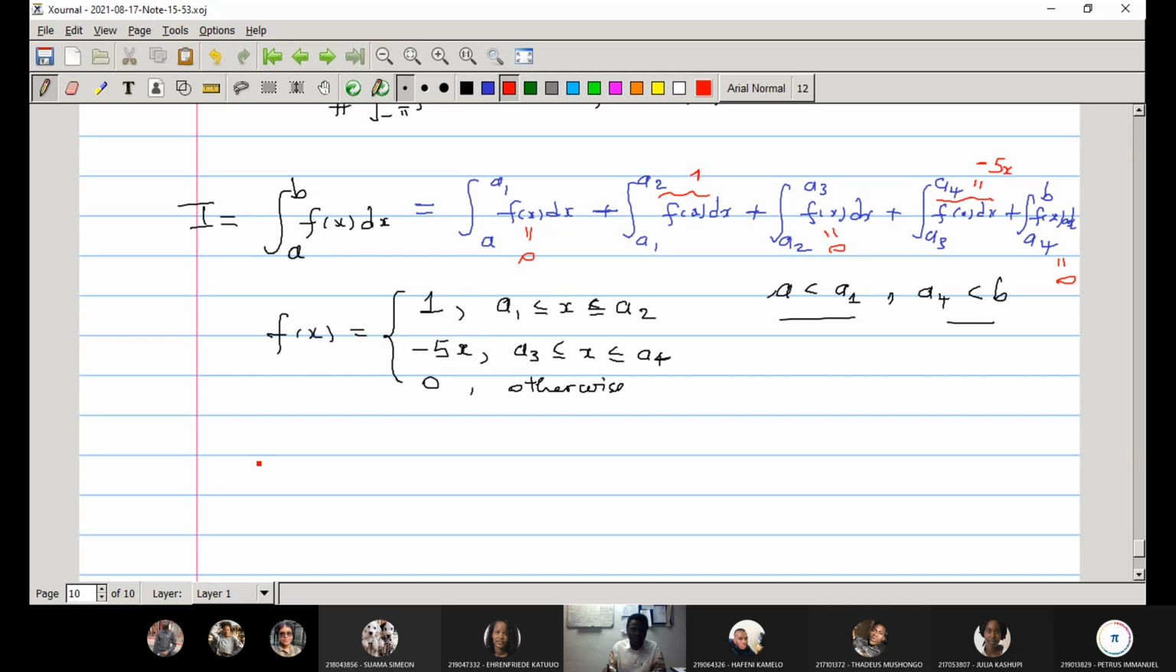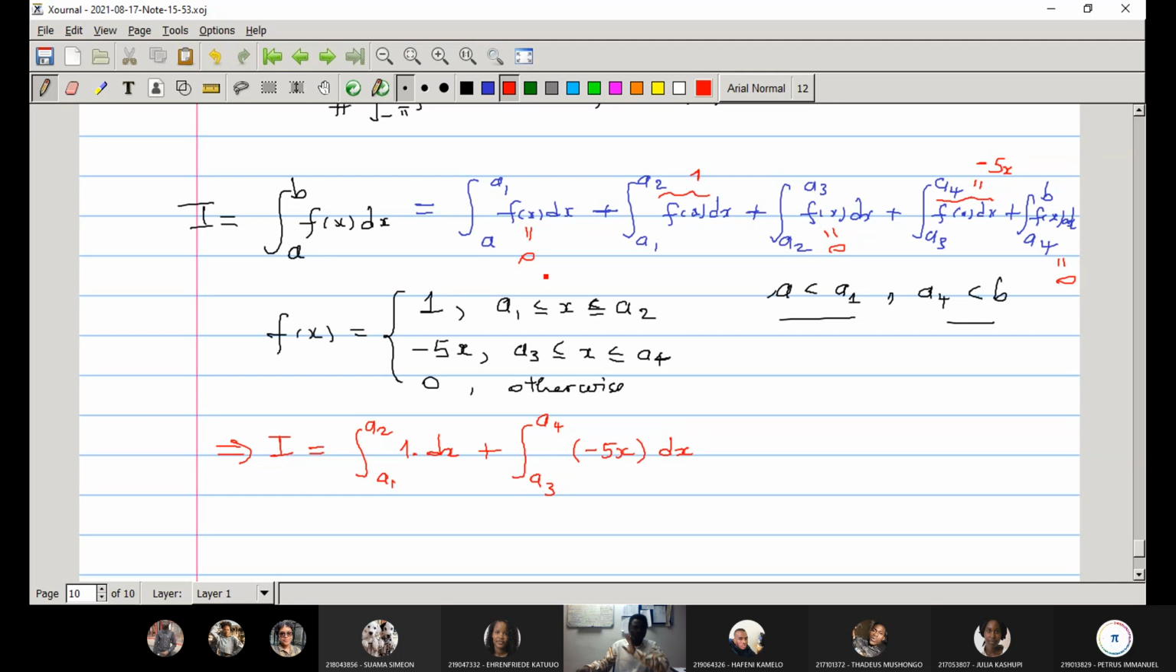So this integral will end up being the integral from A1 to A2, and then you have the 1 here, dx, plus or minus, because this is negative, okay? Or I can say plus. Now the integral from A3 to A4, negative 5x dx. So I'm explaining it like this so that you never write something that doesn't make sense in